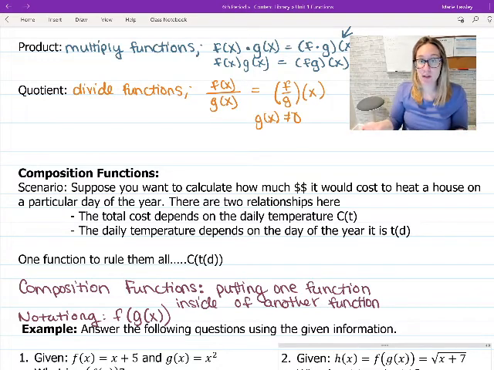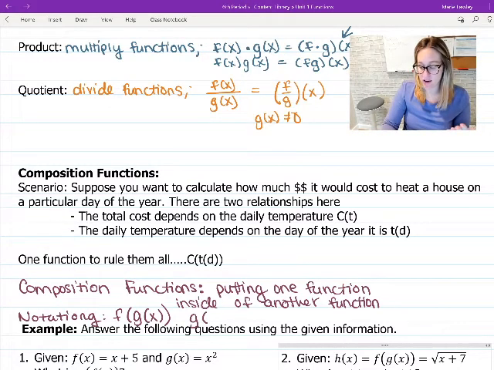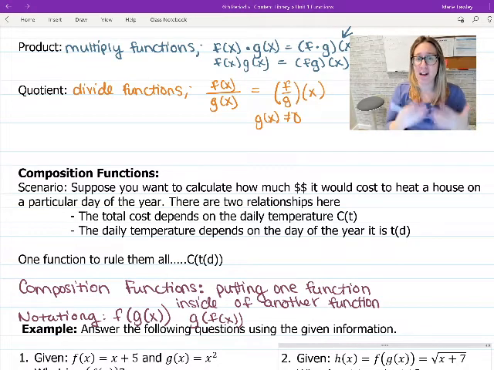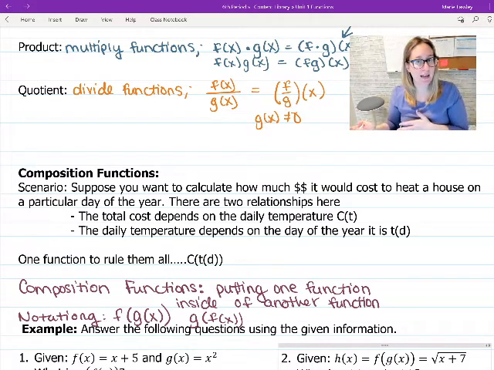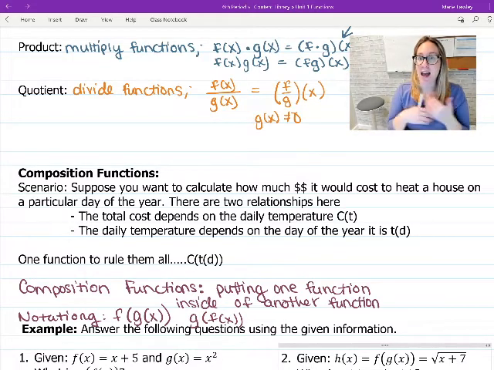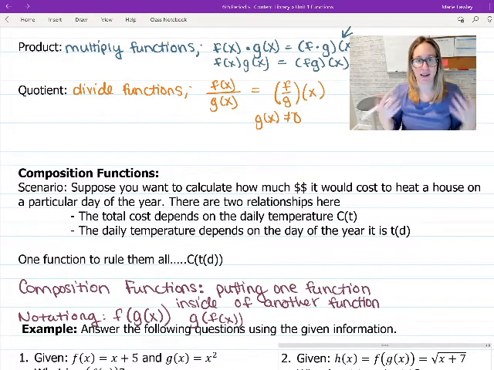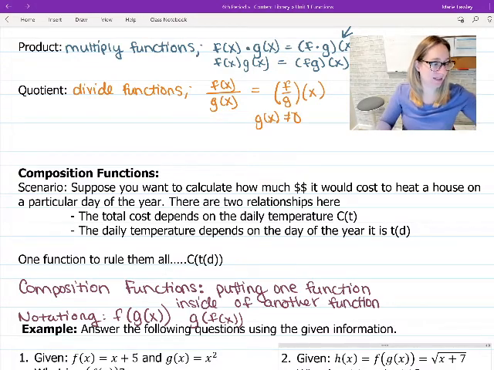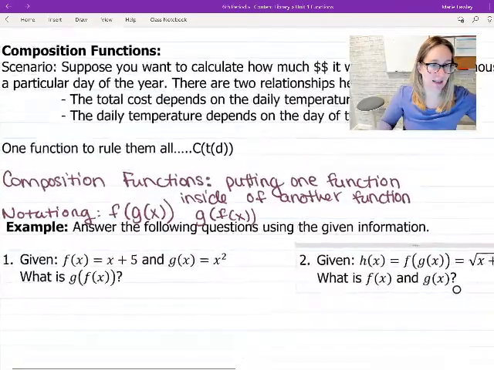You can do it the other way around, right? You could also say we're taking function f and putting it inside of g. So you would write it like this. Now, another way that I have seen this written, I think most textbooks have started getting away from this technique because it is very confusing to look at. But I have seen it. Like I said, it depends on which teacher you have teaching you this subject. But another way to write this is to use,